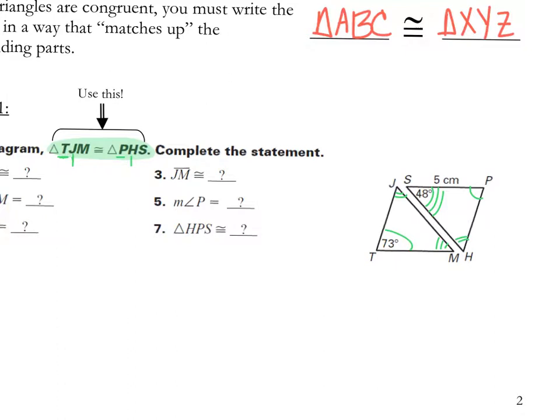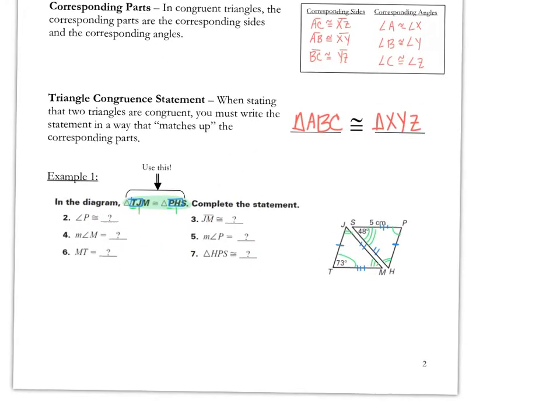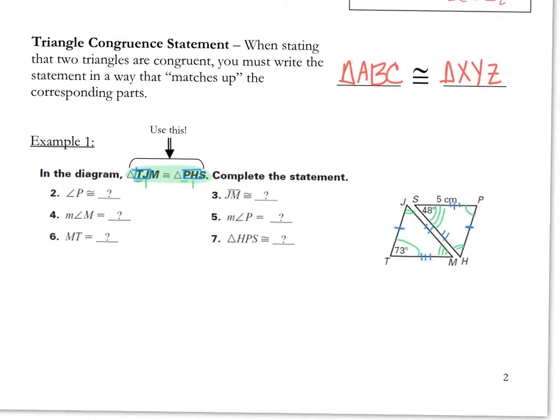When I'm doing sides, I do the same thing. TJ is here, so that means PH. TJ and PH. And then JM and SH, and then our last side. So after you get all your tick marks on, then it makes this a lot easier to fill out your